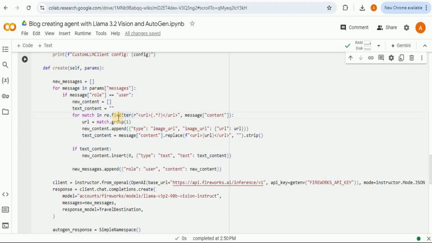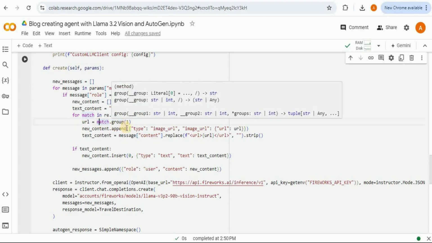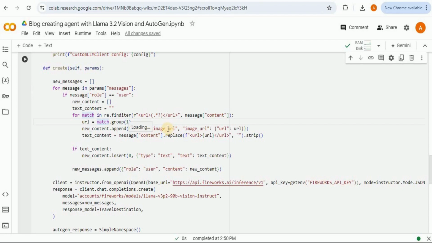If the match is found, it extracts the URL using the function match.group(1). Then the extracted URL is transformed into a dictionary of type image URL. Then we have the image URL having a value for the URL. And then simultaneously, it is also removing the URL content from the text to keep only the remaining text. You can see that here inside the message content, it is replacing the URL to keep only the remaining text.